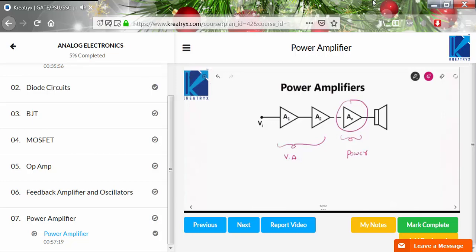Also, in a power amplifier, we are using a power transistor, which operates at a high collector current and high voltage. As a power transistor operates at a high power level, it produces a large amount of heat. Right? To rapidly dissipate or transfer this heat to the surroundings, heat sinks are used, which are made from a good conductor of heat such as aluminium.